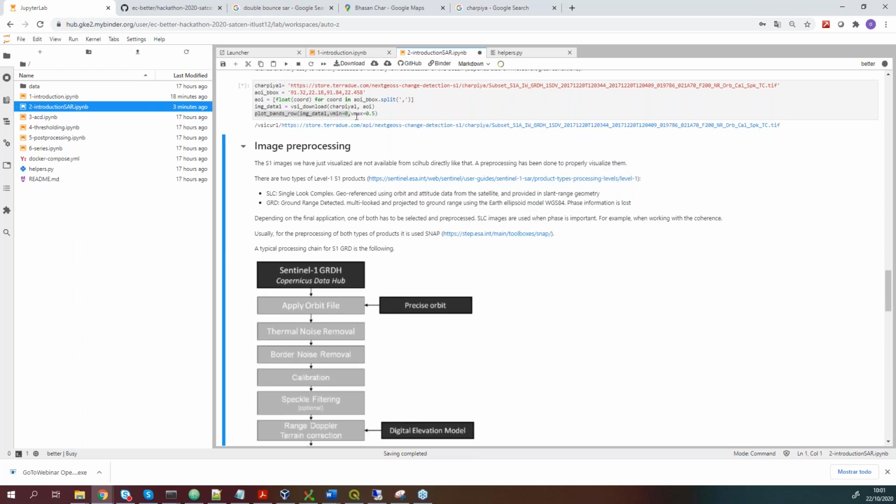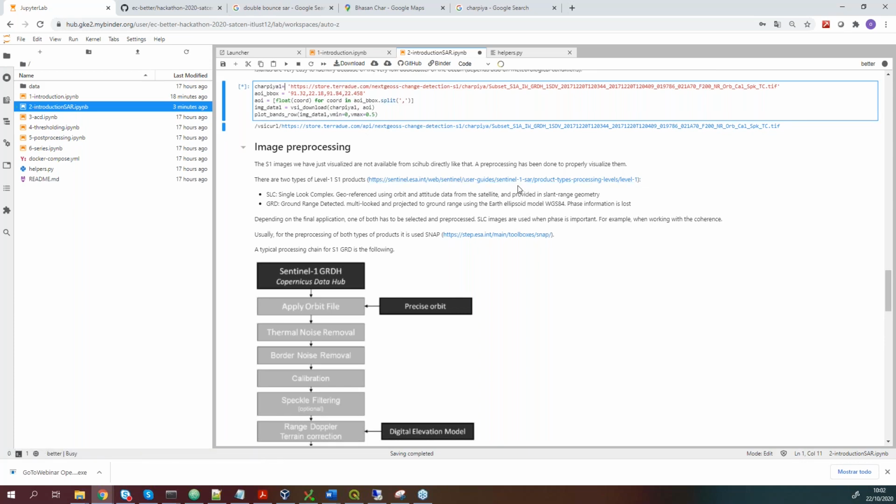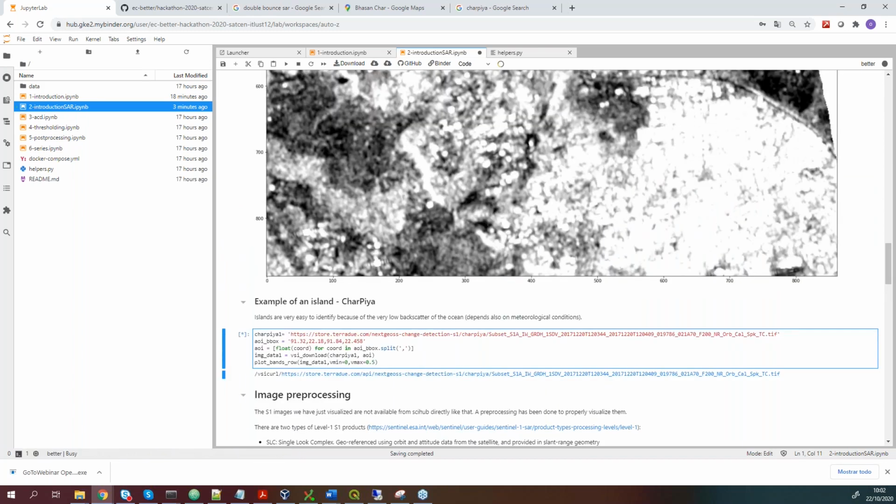So in this case, I had it chatted before, but it is now downloading the data. This can take some seconds or minutes to download and visualize the data. And an important thing regarding these SAR images is that, as Adrian has told you before, you can download